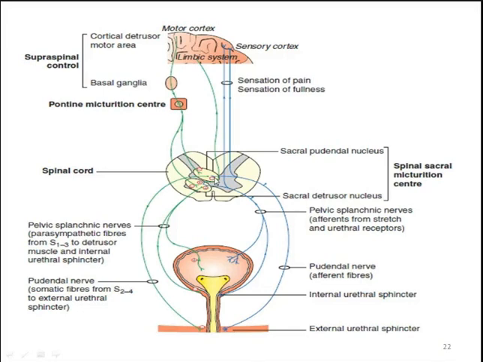This is the afferent limb. It carries the information from the urinary bladder wall to the sacral micturition center.